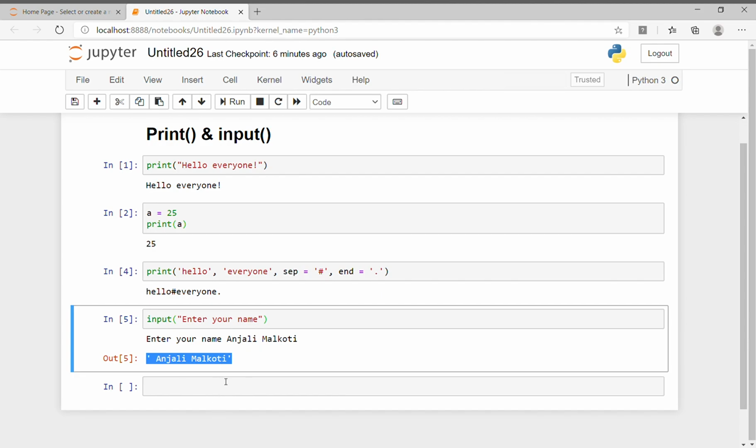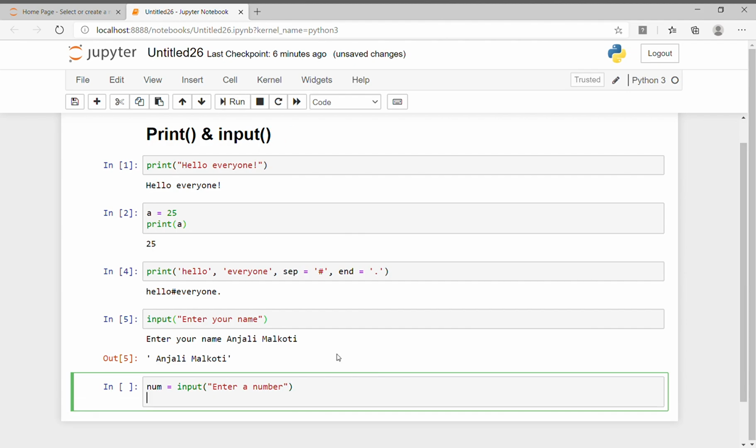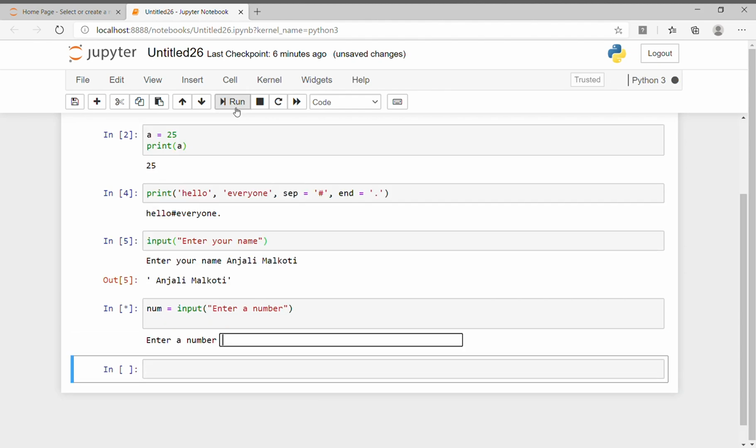We can also take any value inside a variable, like I'm using num is equal to input, if you want to take any number from the user, so enter a number, and this number is currently available inside the num variable, right? So I'm going to execute this particular statement, and after executing I'm getting 25.